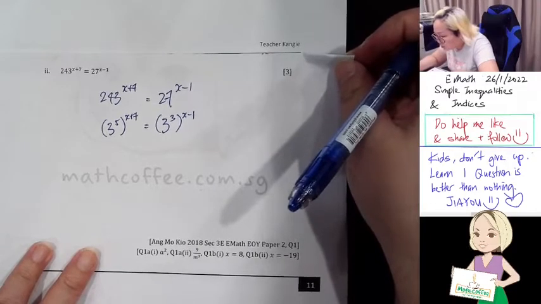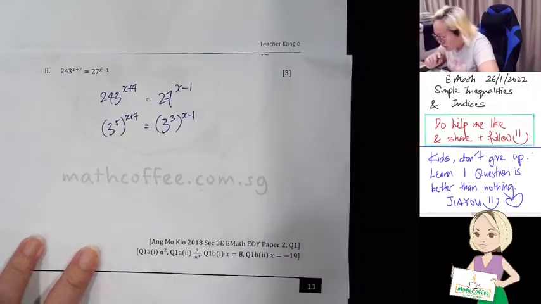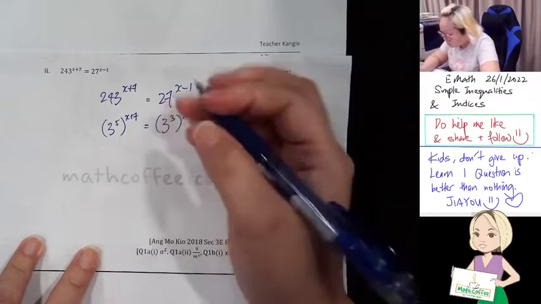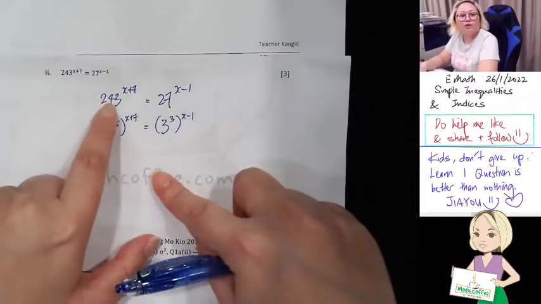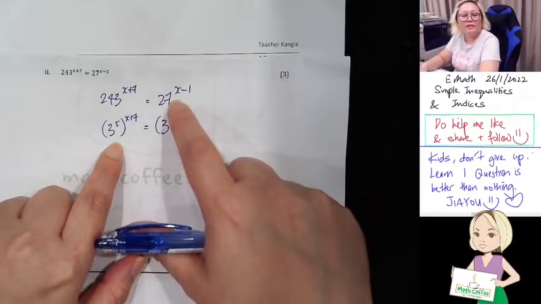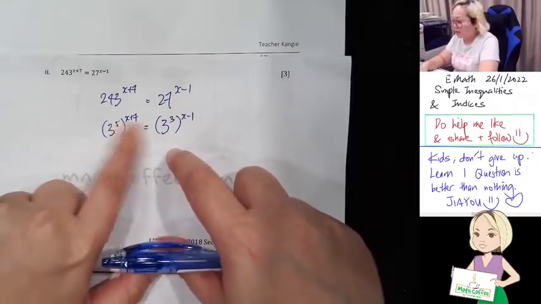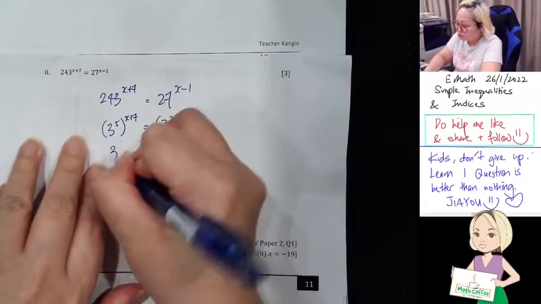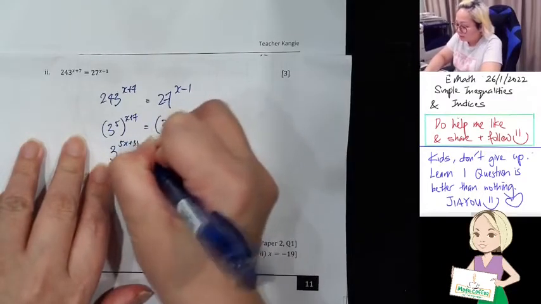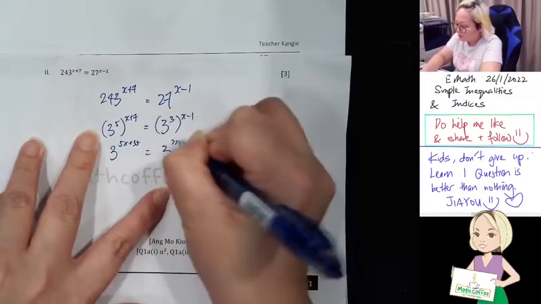What 619371? What 10? Very confusing. Okay, so what I did was I changed them to base 3. So 243 is 3 to the power of 5. 27 is 3 to the power of 3. And then after that, I'm going to just rainbow. So 5x and 35. So it's 3 to the power of 5x plus 35 equals to 3 to the power of